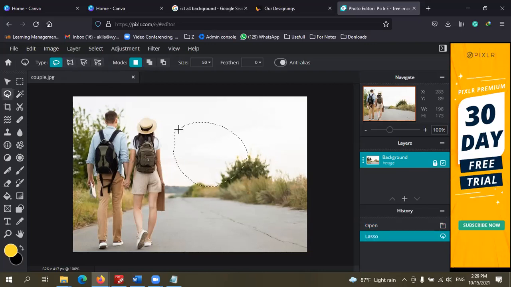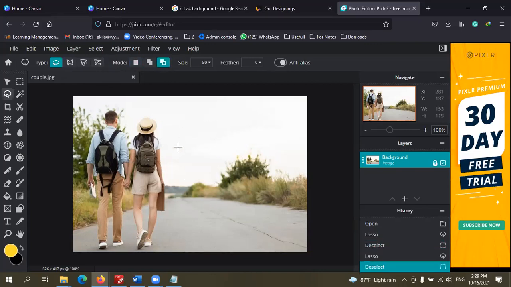To deselect, you can press Ctrl D. Again, this is the polygon lasso. You can just click, and you can select with straight lines like this. I'm just clicking, right? Complete. Ctrl D. So just try them.